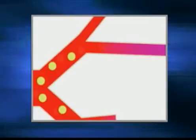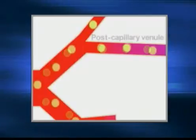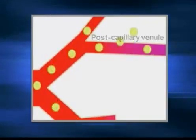Remember, your tissues are no more than probably 2 or 3 cells away from a capillary. That's how the nutrients happen. That's how those tissues stay healthy. So here it is, all your stem cells are flowing to where they need to flow, and at that postcapillary venule area, they're going to start flowing out. They're going to go out in